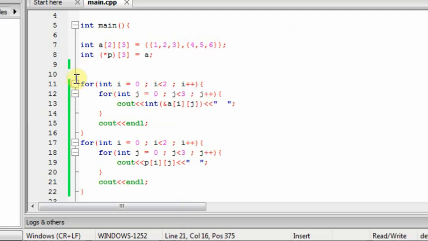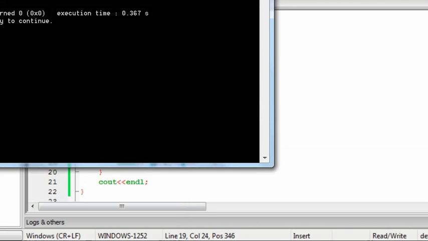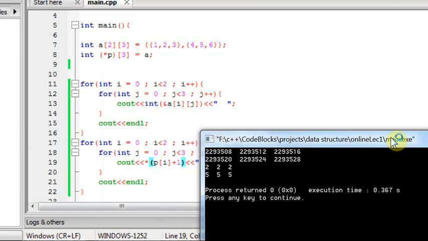And the other style, how can we print like this? Okay, so it is giving me 2, 2, 2 and 5, 5, 5. Why is it giving me 2, 2, 2 and 5, 5, 5?